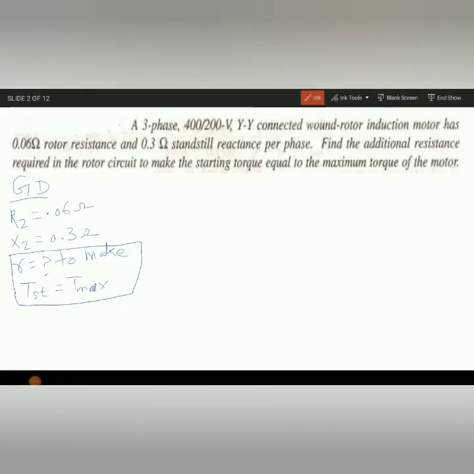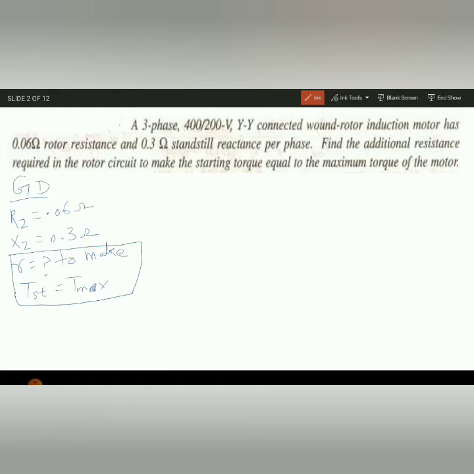Hi, today we are going to solve another numerical. This numerical is mainly based on the ratio between the starting torque, maximum torque, and full load torque. If you have any doubt in deriving the formula of the ratios between the starting torque to maximum torque and maximum torque to full load torque, please watch my video which is given in the comment box. The previous video was based on starting torque, maximum torque and those relations.